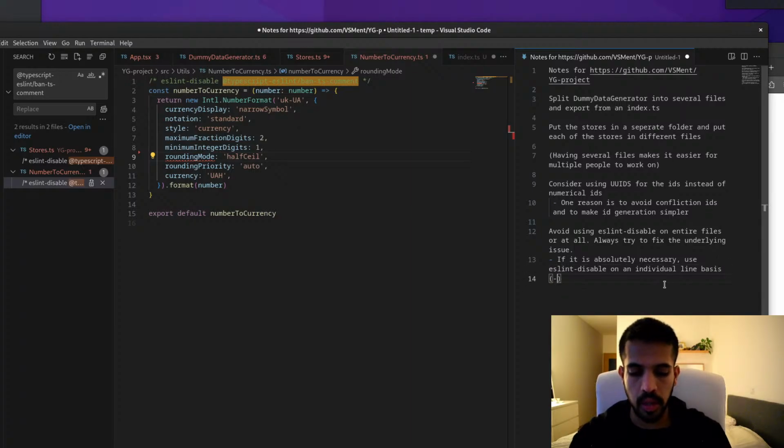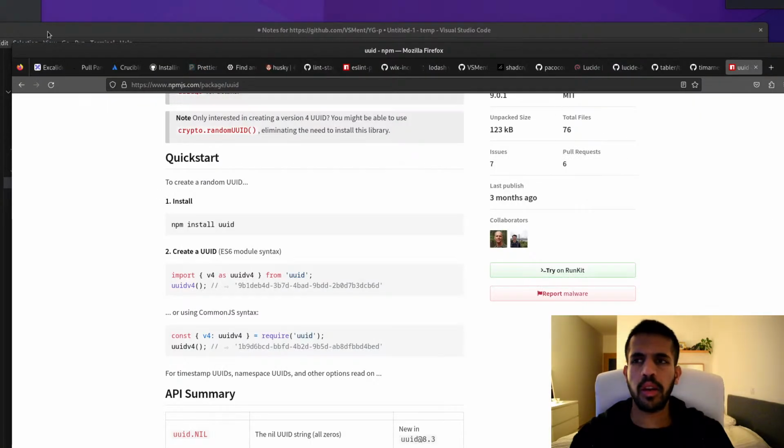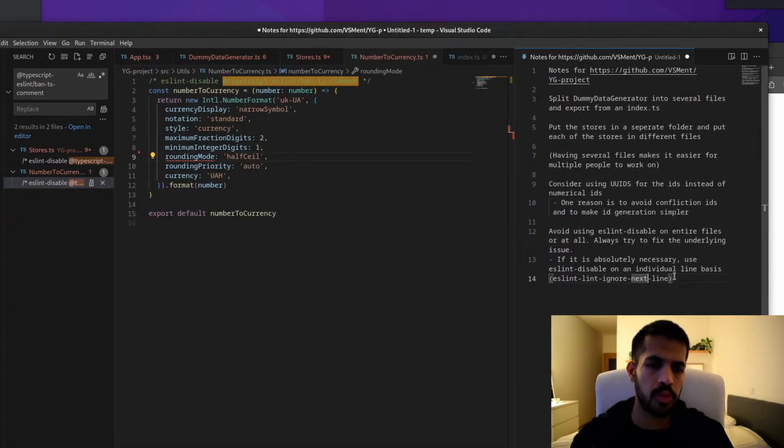So it will be eslint disable next line. I believe it's written like this. No, eslint disable line. Yeah, that's what it is.